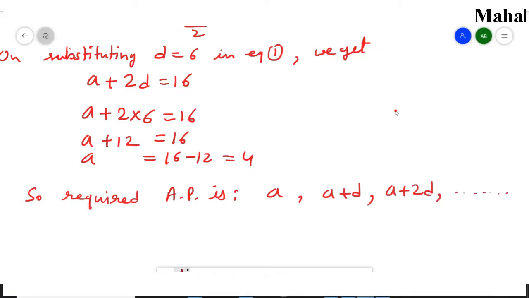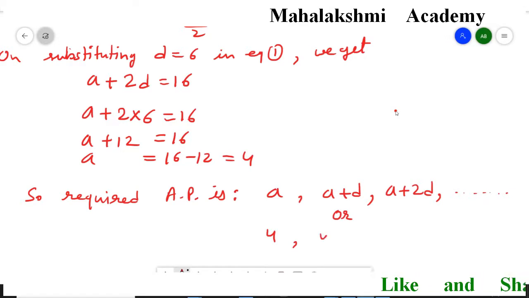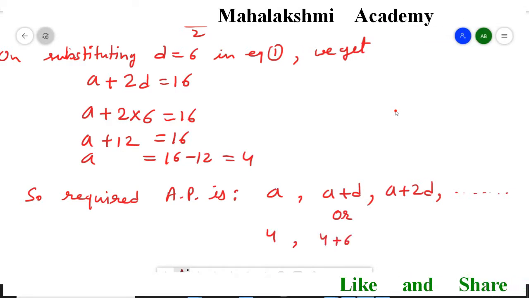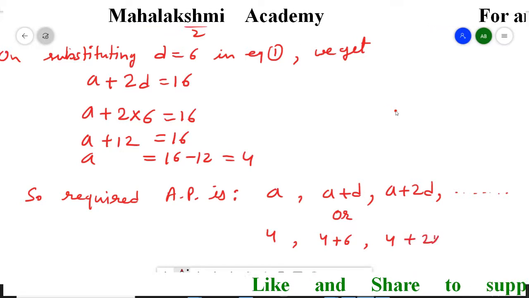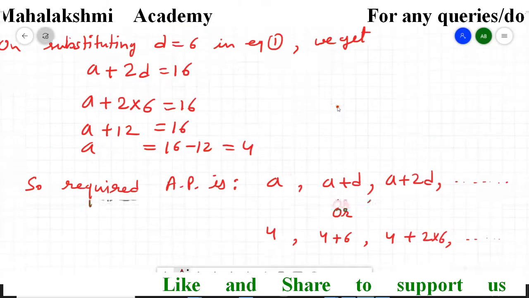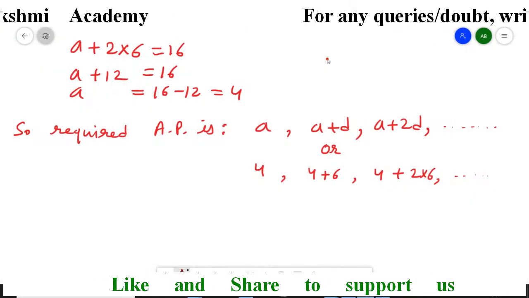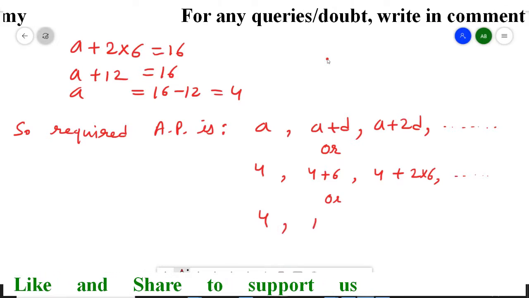Now in this we will put the values. A is 4 and D is 6, so it's going to be 4, 4 plus 6, 4 plus 2 into 6, and it will go like this. Further we will solve this. So we get 4, 10,